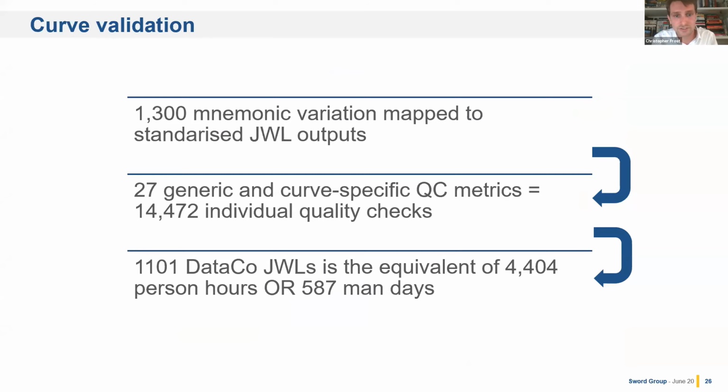We had 27 generic curve-specific QC metrics, which meant that we did around 15,000 individual quality checks throughout this process. And we created, I'm not sure that 1,101 is the correct number, but I think it was around 1,200 JWLs in total, which we backward worked, that would be around 4,400 person hours or 587 man days of work